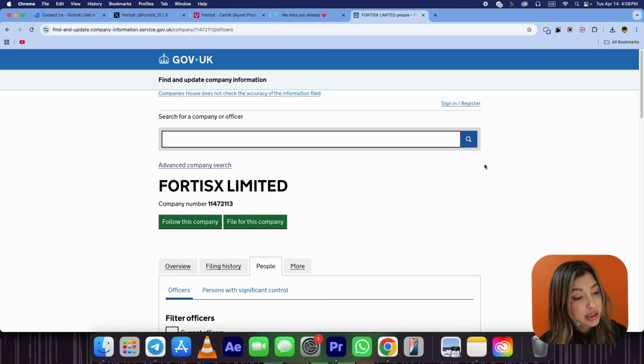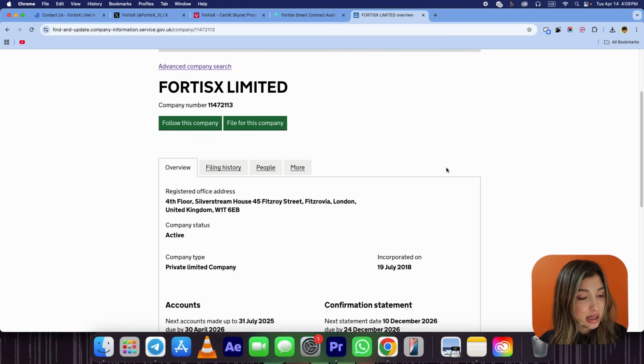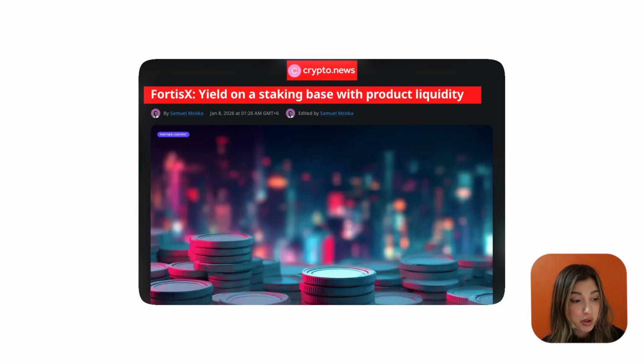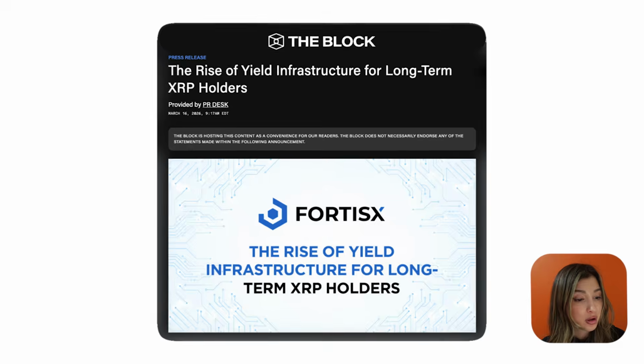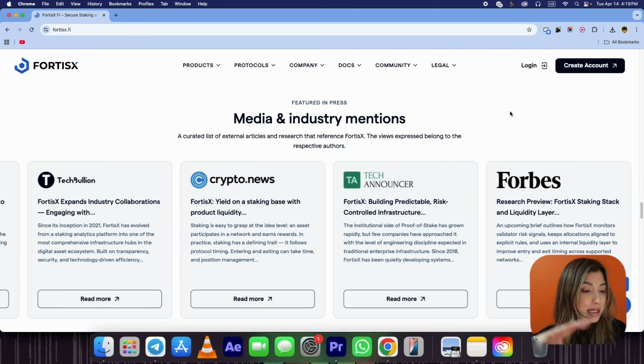And then I wanted to see whether this project is actually being discussed outside of its own ecosystem. So as you can see, there are a few articles here. I've got articles from Crypto News, Binance Square, The Block, Being Crypto, and AMB Crypto. What I'm looking for here is not whether every article is overwhelmingly positive, but simply whether the project is being mentioned, covered, or discussed across crypto media. And that at least gives a signal that it exists in a broader conversation